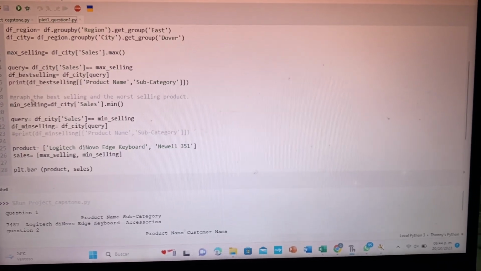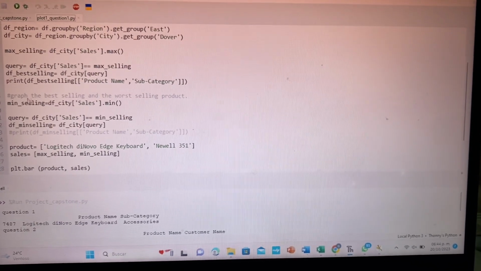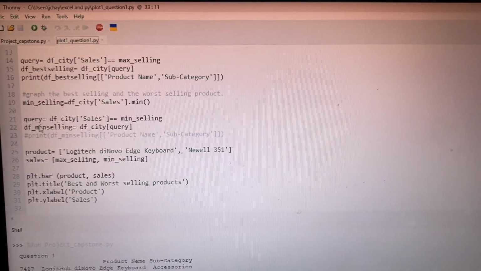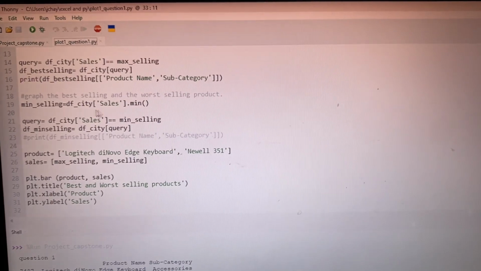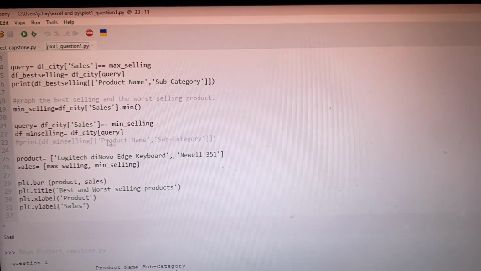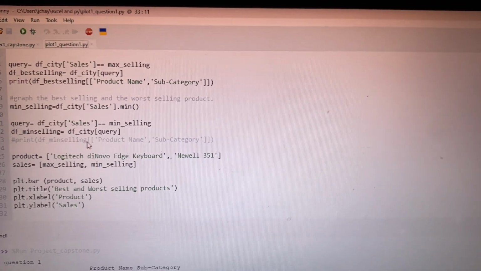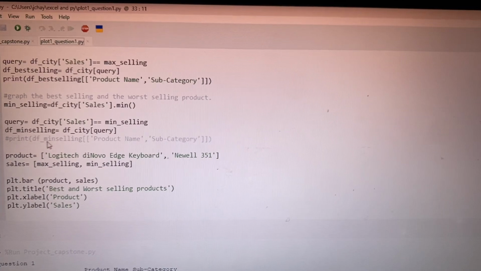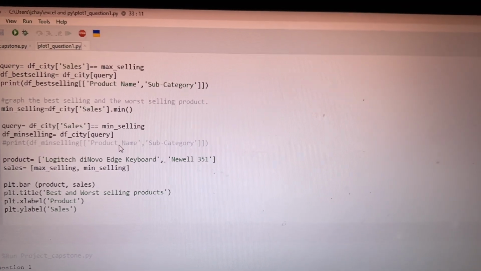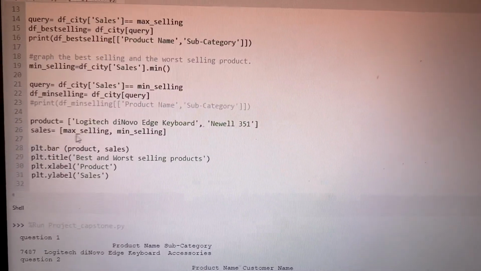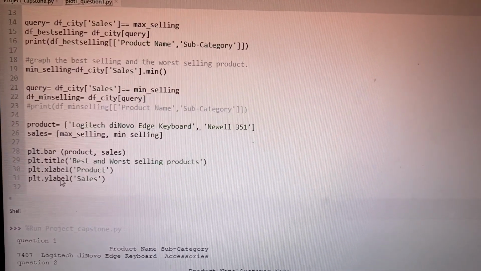So this is the graph, the best-selling and the worst-selling product. For this, I did the same steps as a max, but to minimum sales. And with the use of a query, I used this. This didn't really matter at the end because it was only to find out what was the product. And then I used those data to create a plot bar,